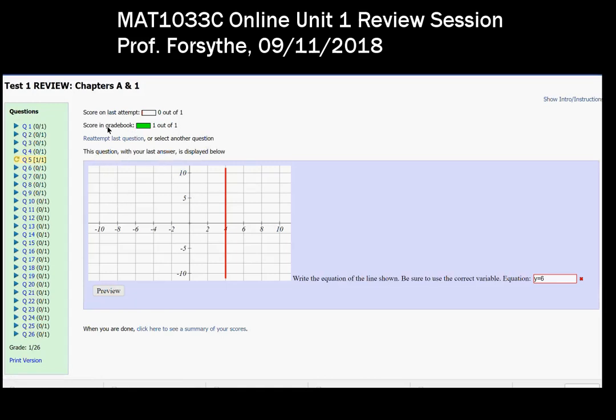Okay, yeah. You see how it has score in gradebook? It still has that 1/1, and you can still see it here, but it did show you that you got this wrong. So what that means to me is that it's still keeping your grade. Does that make sense? It's still remembering you did get this right. So you're getting that 1 out of 26. So if I get this right now,